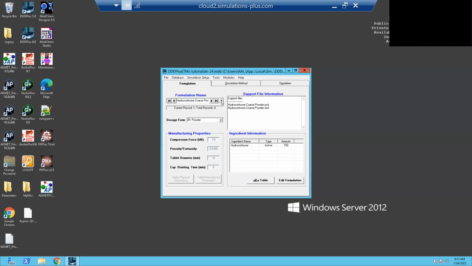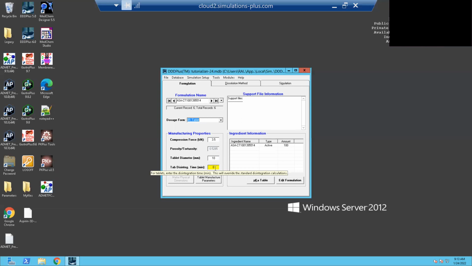Then it goes back to hydrocortisone, so you click on this arrow and choose the new structure, which is ASA, CT. So you're now working on this molecule. The dosage form, you can change it. You have multiple options: tablet, capsule, bead coating. Let's choose tablet. You can change the tablet diameter, the compression force,